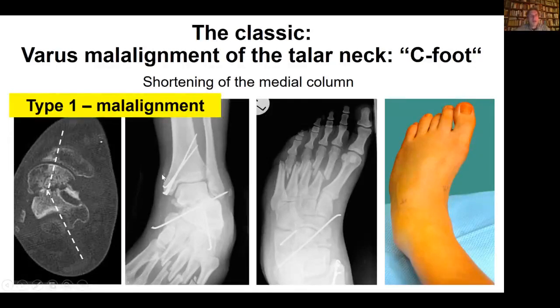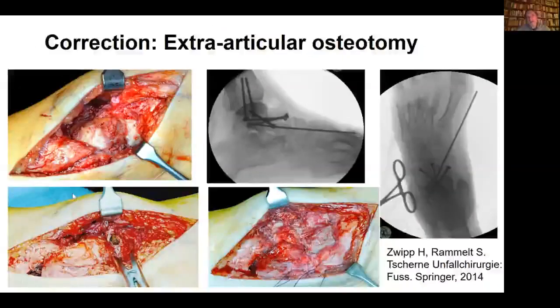And you can see on the medial side, there is that typical zone of comminution, which leads to a varus malalignment in the majority of cases where there is a malalignment at the talar neck. So what to do? Extra-articular deformity, we can do an extra-articular osteotomy. And there was the fear that if you do an osteotomy of the talus, this might disturb the blood supply. But if the initial fracture did not lead to a full necrosis of the talar body, and you go with the osteotomy exactly along the same lines, and you are careful with the soft tissues and with the blood supply, then no necrosis will appear.